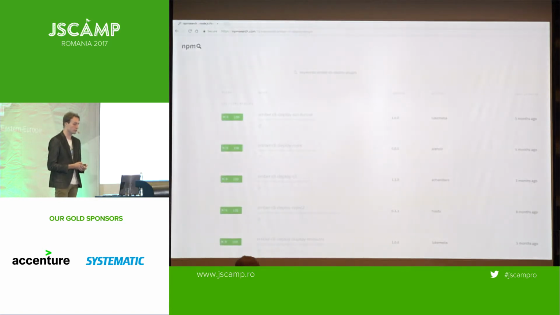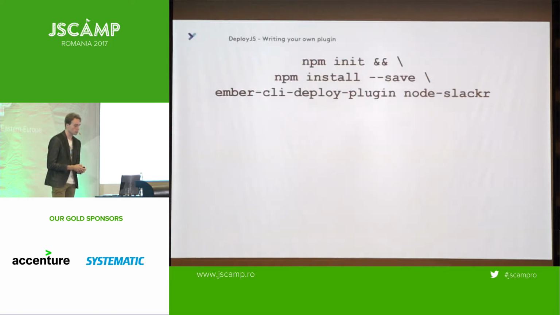If you search on npm for the Ember CLI deploy tag, you will find, I think at the moment, 121 packages that do different things for your deployment environment. In case your deployment environment is different, it's pretty easy to write your own plugins to do your own kind of